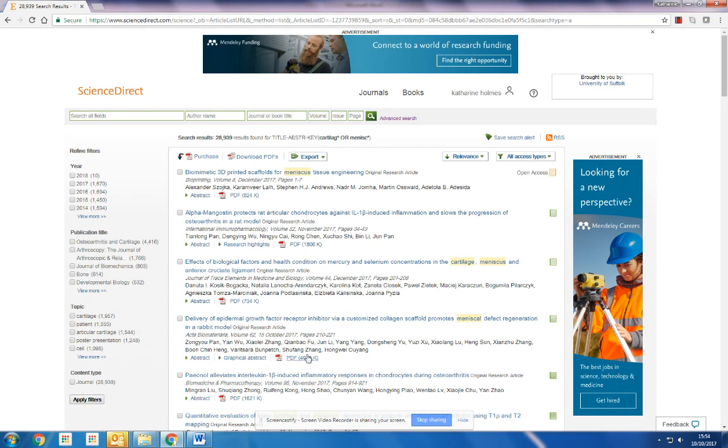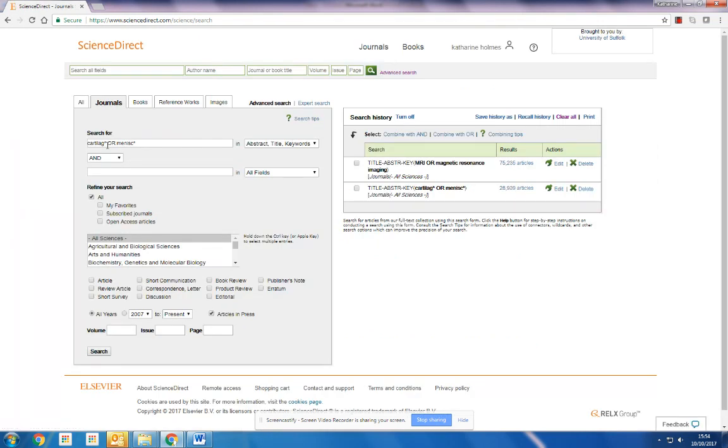So it's useful actually to glance through your initial search results because there may be other words that jump out at you that you realise should have been in your search string. If not, go back to the advanced search page and carry on with the search. So our final search string is knee, which could be singular or plural, I suppose, or an associated word, patella, just in case, with a truncation on there. So another search to go,